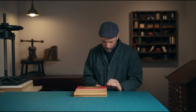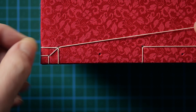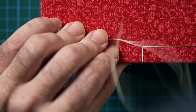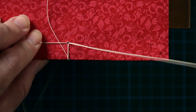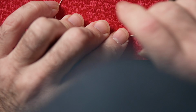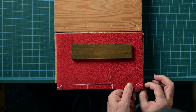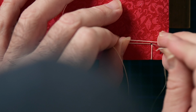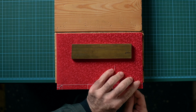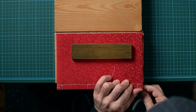And back to the main hole on the 4-hole binding line. Great. Moving on to the upper hole here, third hole. And now to the hole where we began. Moving on to the last hole, or the first hole, and back inside. Around the foot of the book and back inside the same hole. Pulling. Now from the bottom up at the edge here, a small noble binding stitch here,